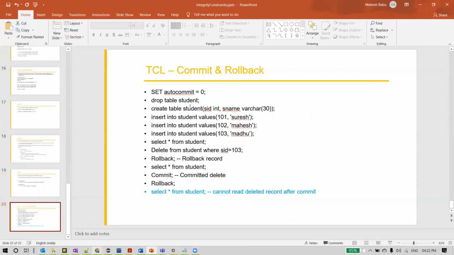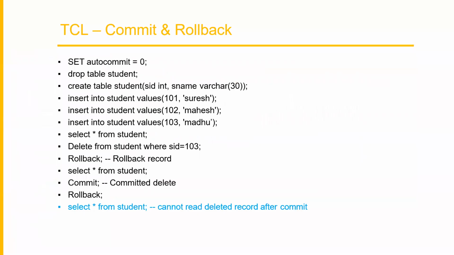Next, last topic is TCL, commit and rollback. TCL is transaction control language, where there are two commands, commit and rollback. What we mean by commit and rollback is, usually in MySQL there is a command called set autocommit equal to 1. Whenever we are working with DML statements, DML is data manipulation language, so insert, update, delete all come under DML, right? Whenever we are working on these types of commands, set autocommit is 1 by default in MySQL.